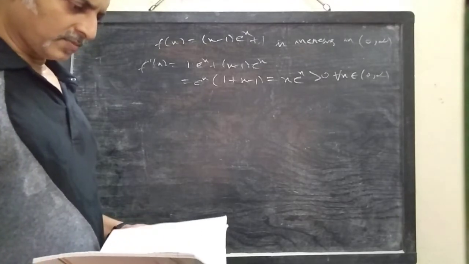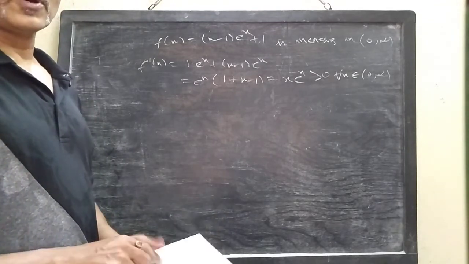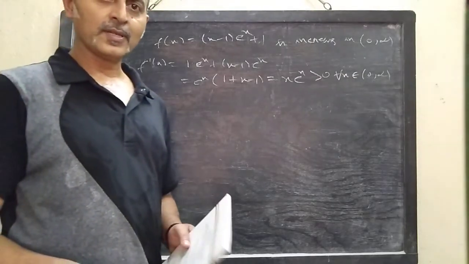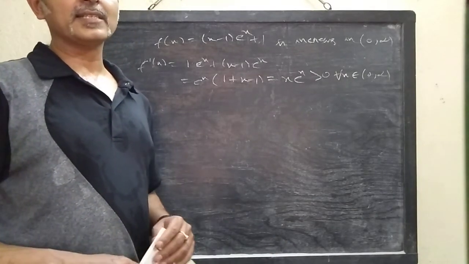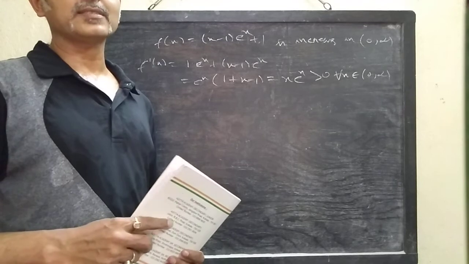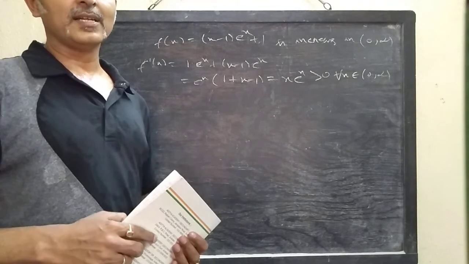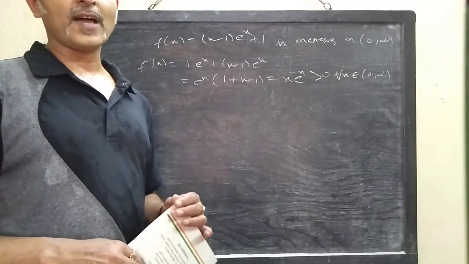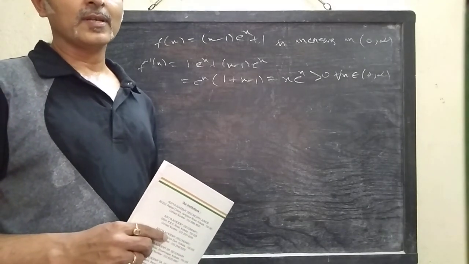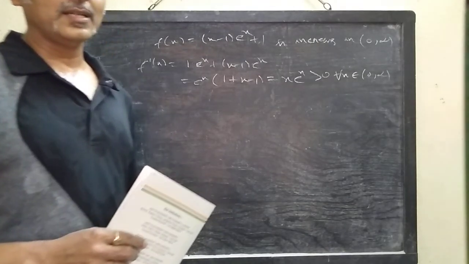Now you can do the rest of the problems with your own effort and go through the problems in your textbook. Hope you can do all the problems. Okay. So we will meet in our next class, starting our discussion on the section maxima and minima. That is the last section of this chapter and a very important section, because a question of 5 marks at least comes from that section. So we will meet in our next class with the chapter maxima and minima. Till then, goodbye. Bye.